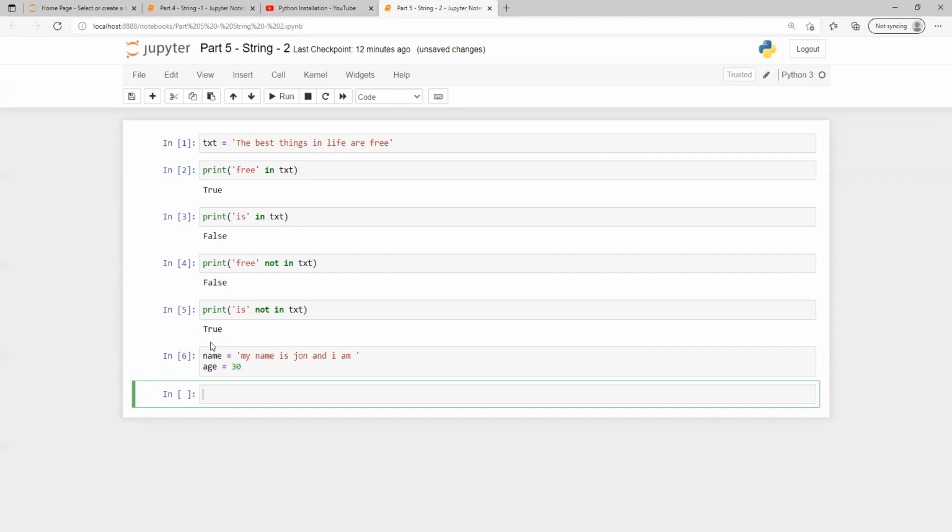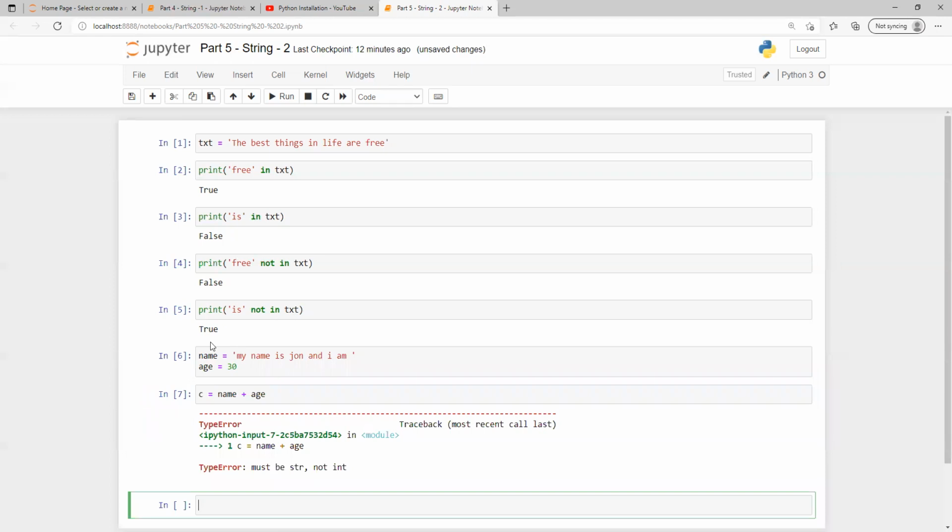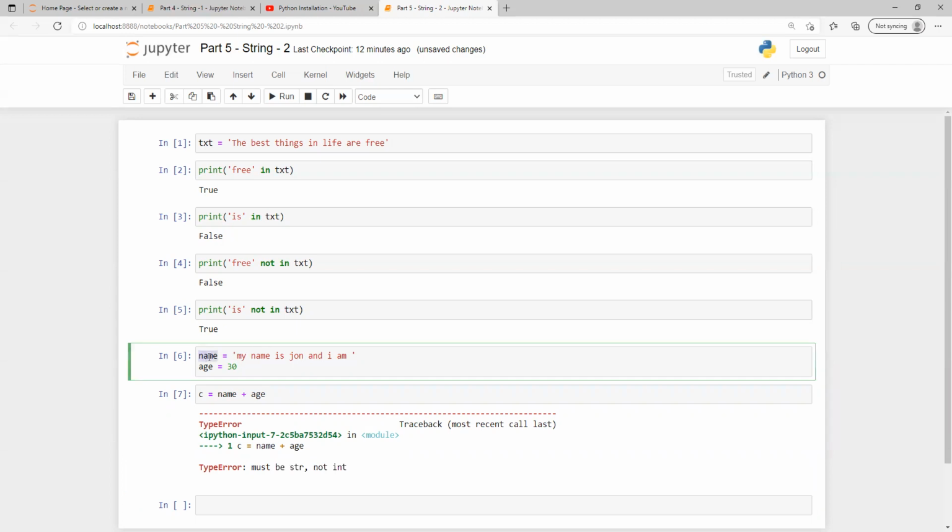As you know from our previous lecture also, if I print and try to put name plus age, then here we will get an error. The main reason behind that is one is a string and one is an integer. We get the error that it must be a string, not an integer, because name is a string type.